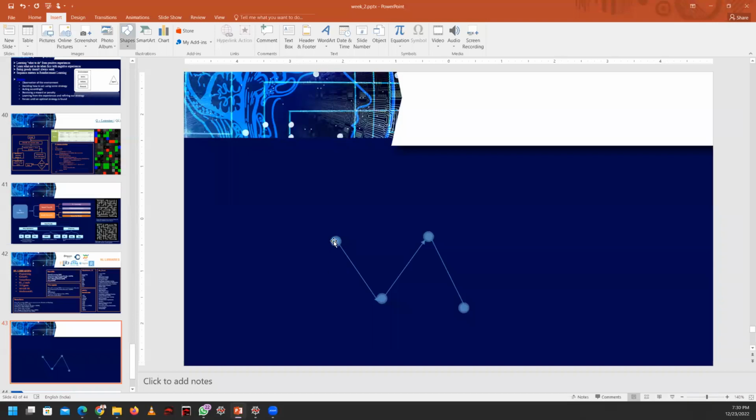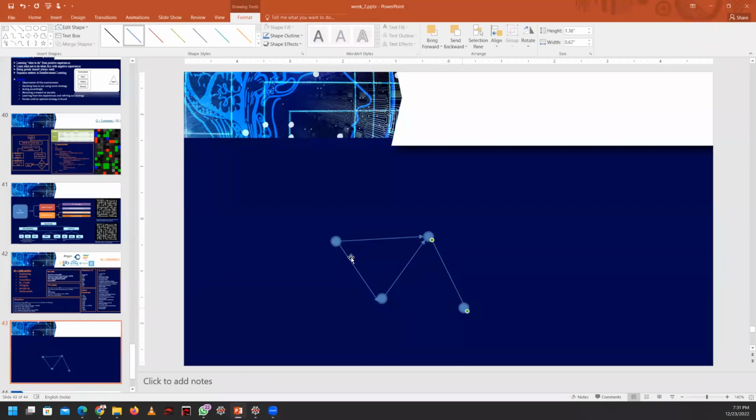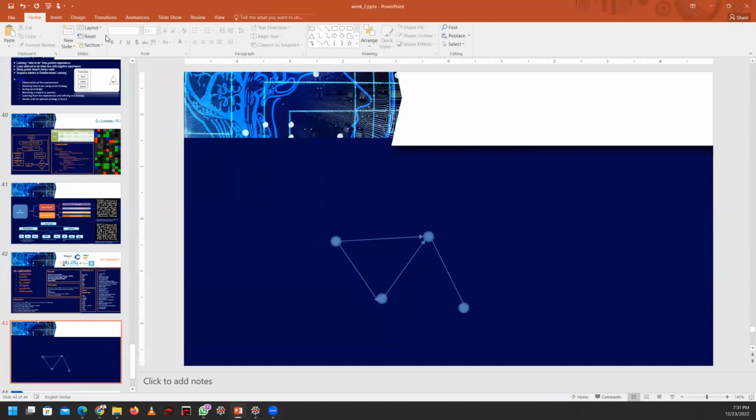For example, if we are here, we can reach this point this way. We can travel this path and this path and reach this point. In the same way, we can travel through this point, this path, and reach this point. Again, we can reach this endpoint. Depending on the path cost, meaning the distance from this point to this point, and this point to this point, we have to identify which is the best possible path, or which is the shortest path.